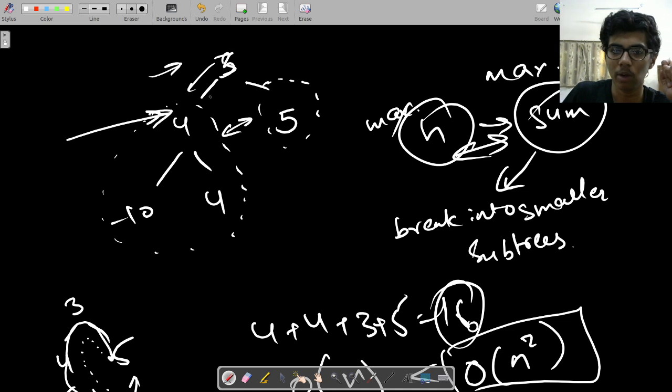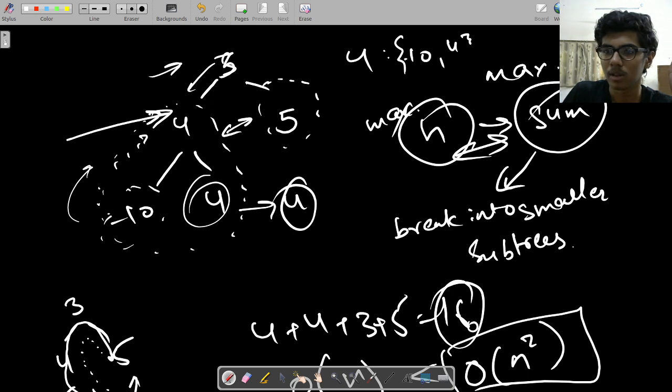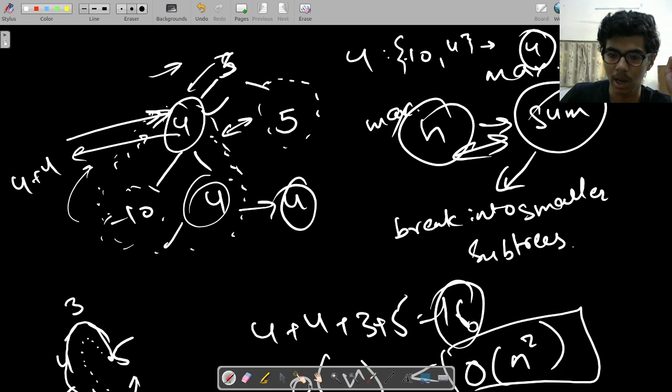The maximum value I can get for this is 4. If it is a leaf node, I will directly return it, and it is a leaf node, so I will directly return it also. But I need the maximum, so I will return 4 over here and return 10 over here. So 4 will have two values, minus 10 and 4, but we need the maximum, so 4 will be there. So the answer for this will become 4 plus 4 if I include this node also. So this is included, this is included. Till now I have got the maximum, right?